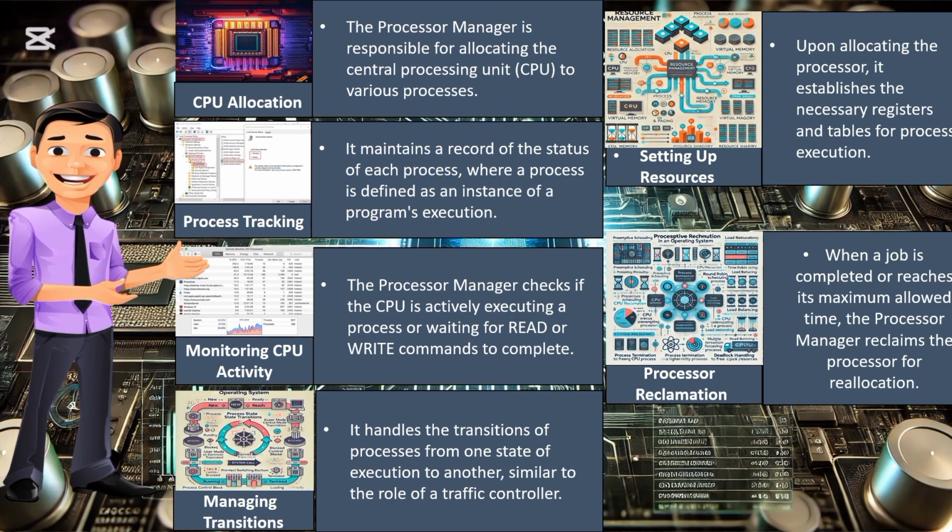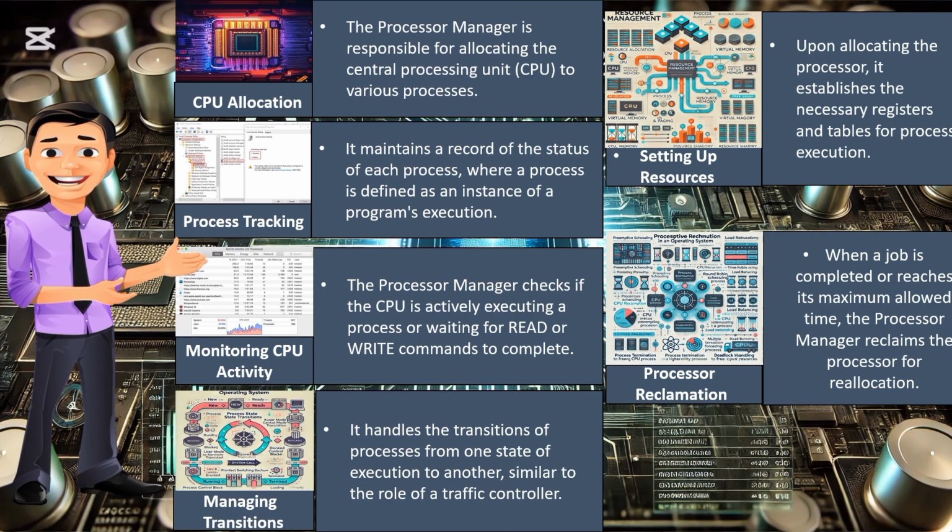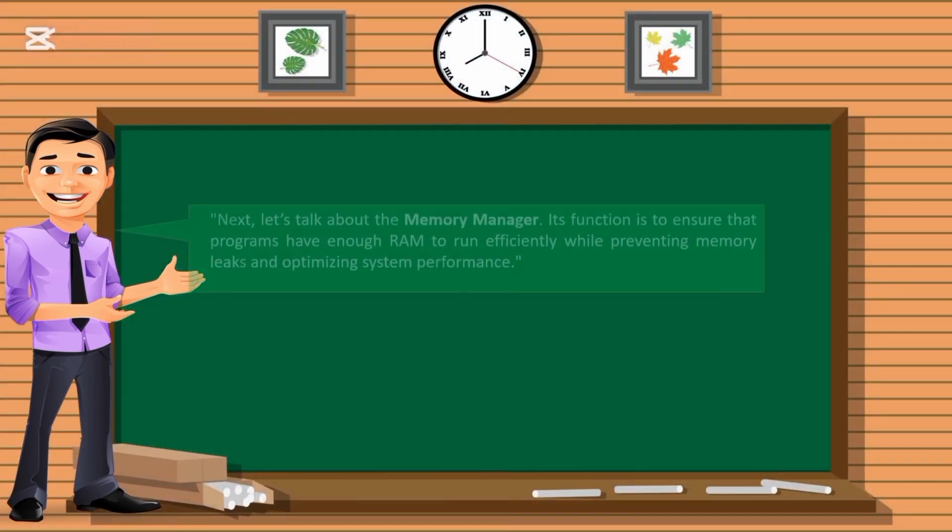Managing transitions. It handles the transitions of processes from one state of execution to another, similar to the role of a traffic controller. Setting up resources. Upon allocating the processor, it establishes the necessary registers and tables for process execution. Processor reclamation. When a job is completed or reaches